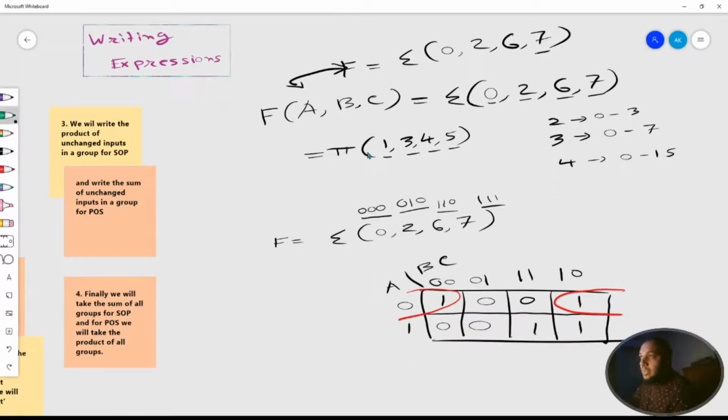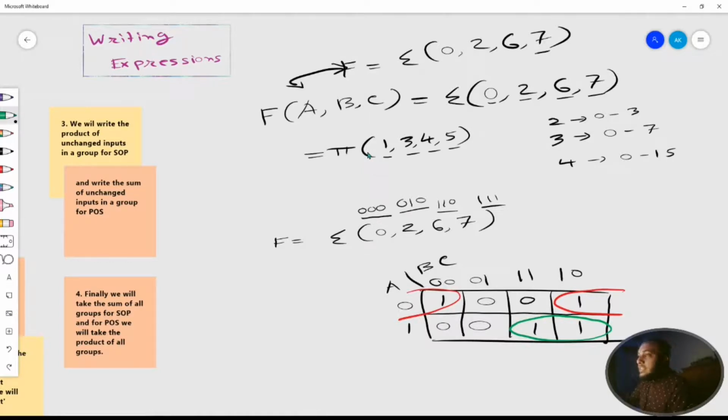Now we have two remaining elements, we can easily form another group like this, because we have to form the least number of groups and every group must contain the highest number of members. If there were one here, then we would have formed the group like this, because then there would be four ones adjacent to each other. But in this case we have only two remaining ones adjacent to each other, so we will form the group like this.